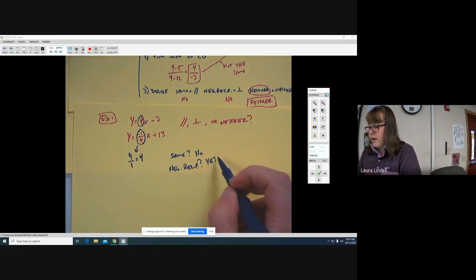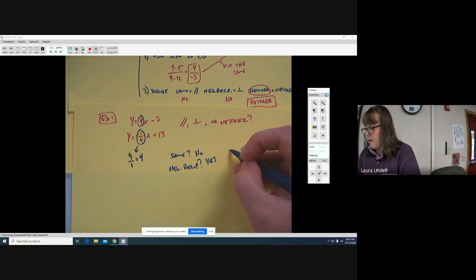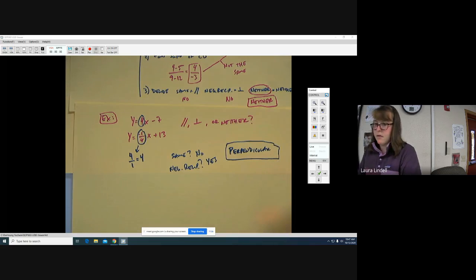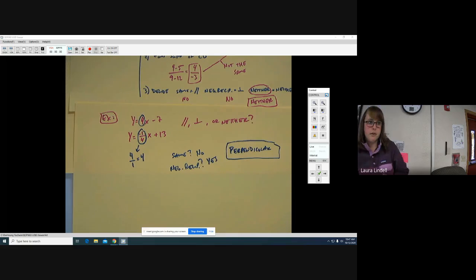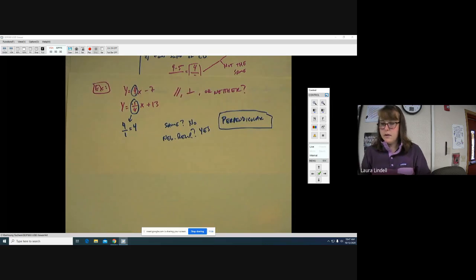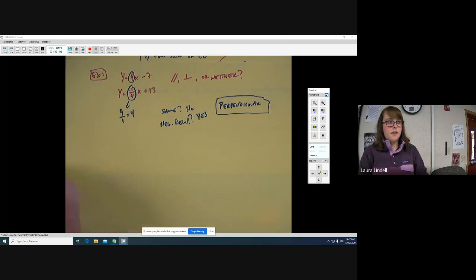Since we figured out that they are negative reciprocals, we can say that they are perpendicular. Perpendicular. Okay. That's another kind that we might see. The last kind that we might see